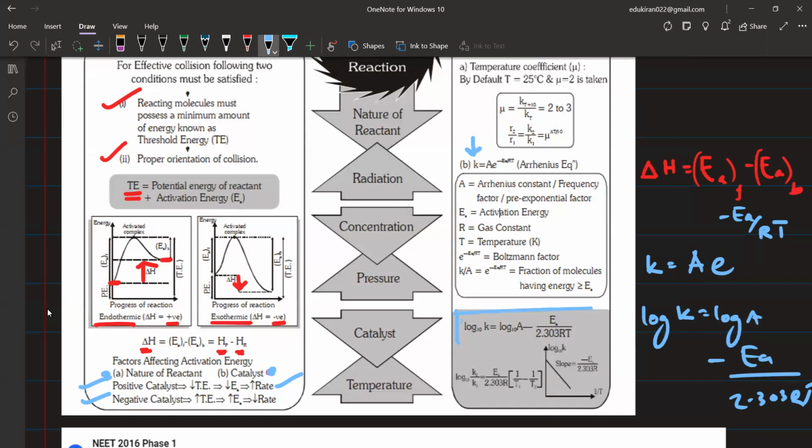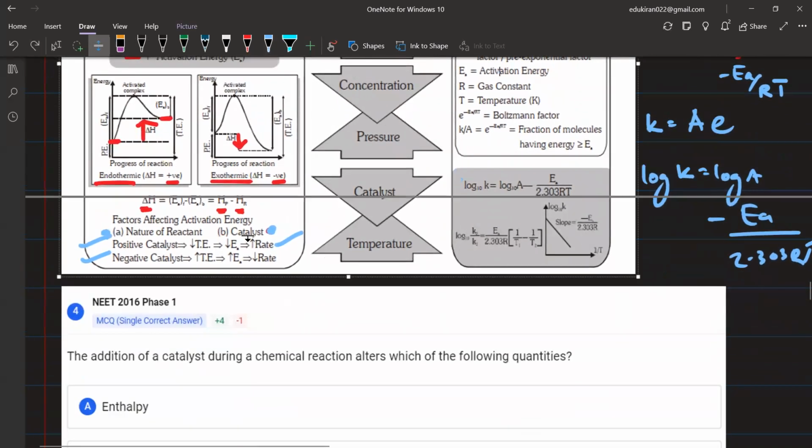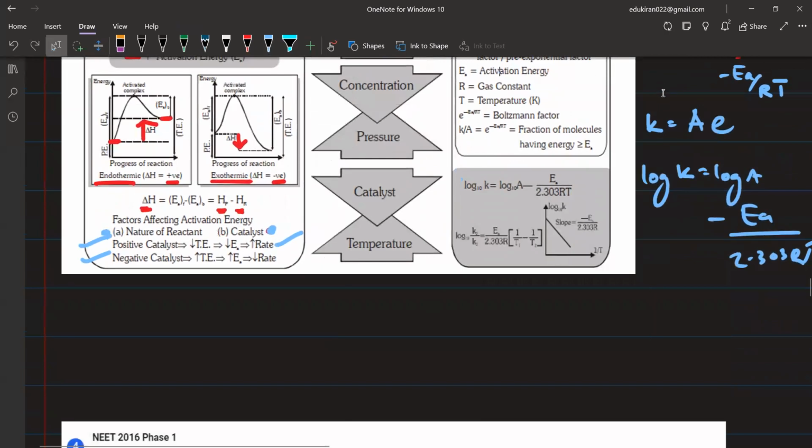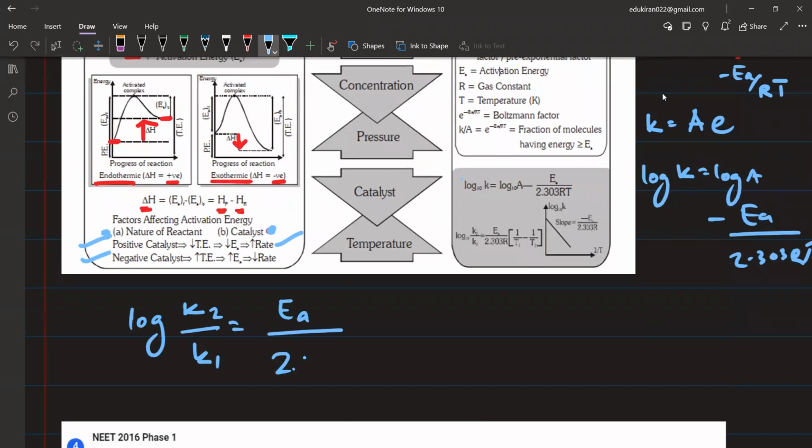Okay, so this is the equation that you have to memorize. Now, for two different temperature, what is the equation? When you have two different temperatures given, in that case, log of K2 upon K1 will be equal to EA upon 2.303 R multiplied by 1 upon T1 minus 1 upon T2. When you have two different temperatures given and the rate आपको वहाँ पे बताया रहा है